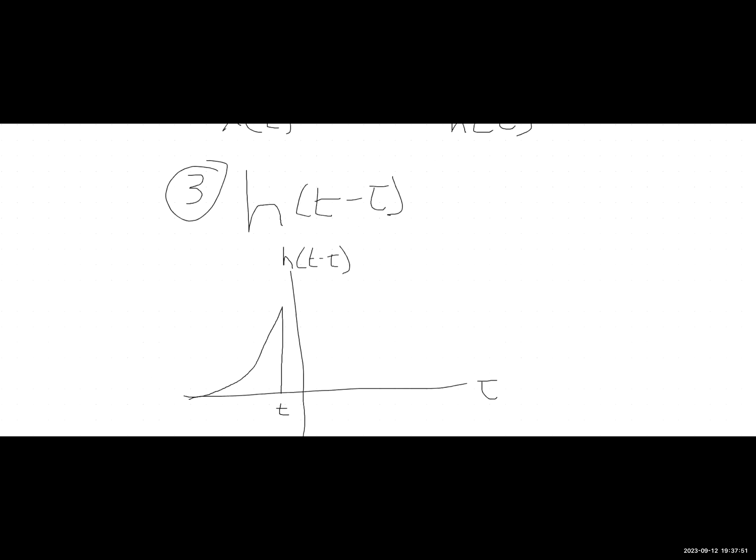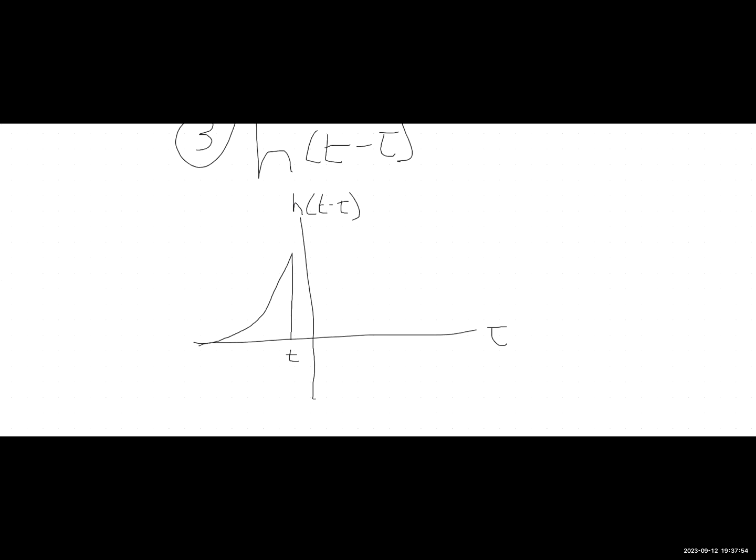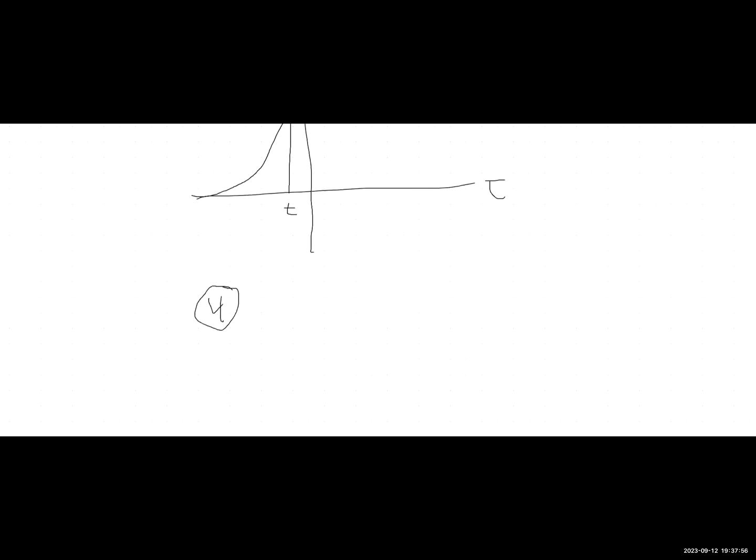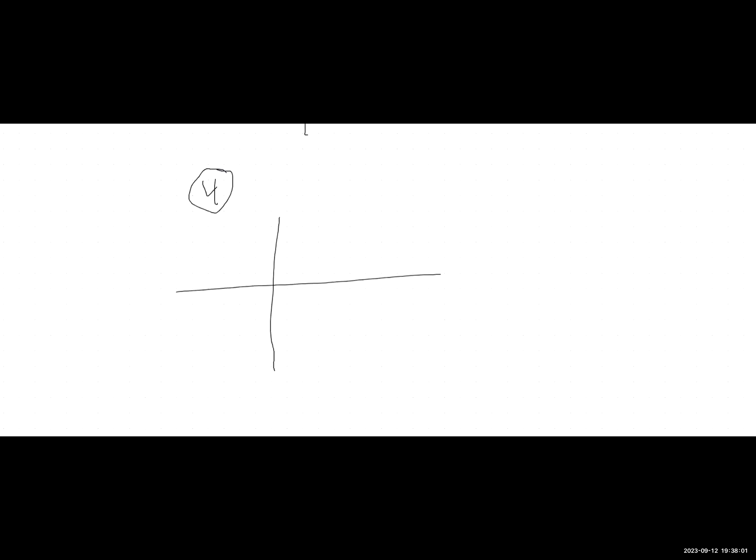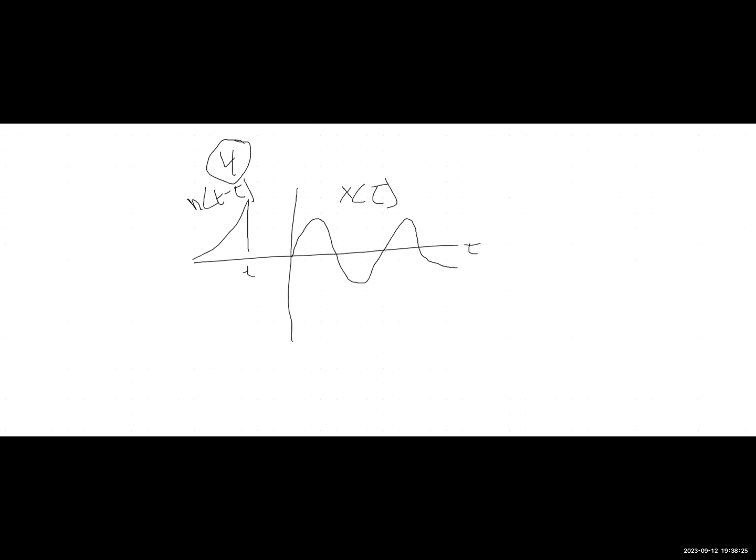So now we need to consider regions of overlap. So whenever t, so these are our two functions, right? This is our x of tau, and this is our h of t minus tau. So as we can see here, whenever this t value is less than 0,